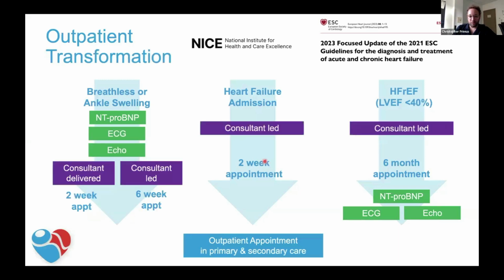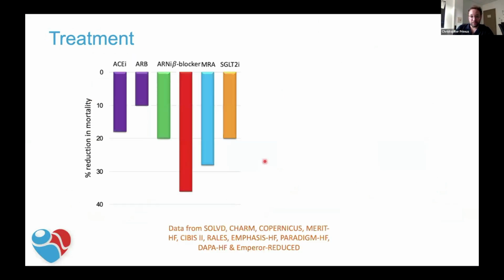There's been a need in terms of workforce strategy to think about which parts of these pathways need to be delivered by consultants and how much is delivered by allied health professionals. And with an increasing group of people who are around because we have drugs that are doing better, that instead of having 50% mortality at 5 years in heart failure with reduced ejection fraction, we are now seeing patients coming back to see us on a regular basis and are able to keep things stable.